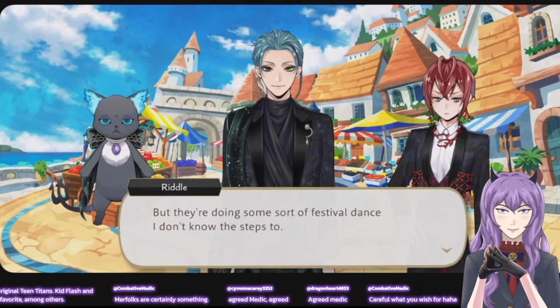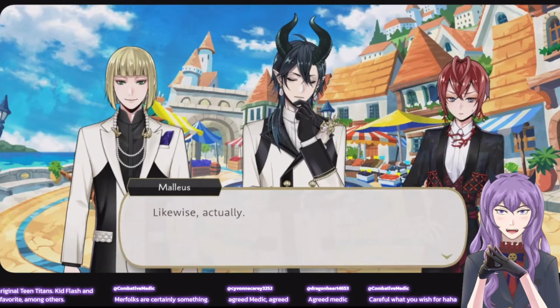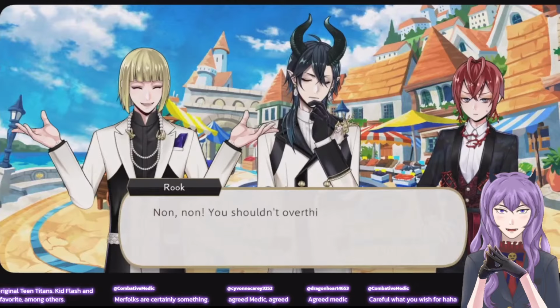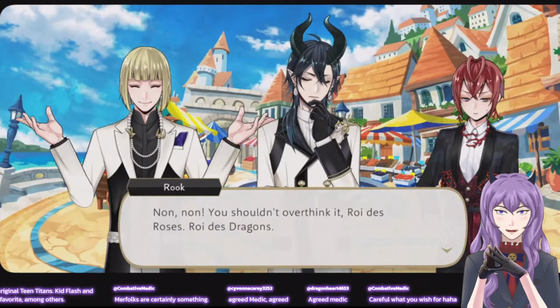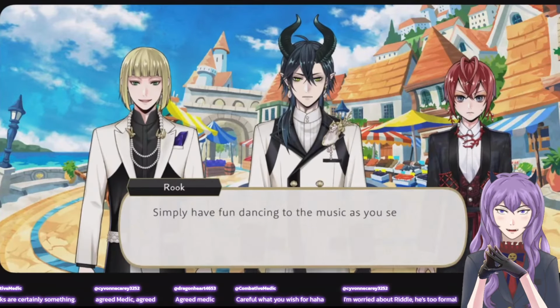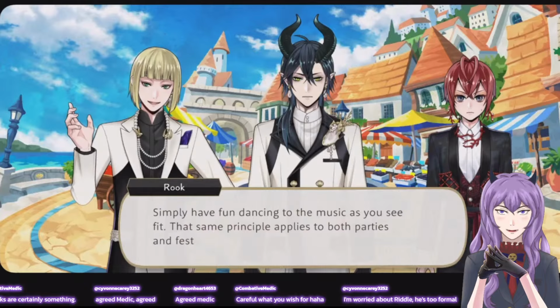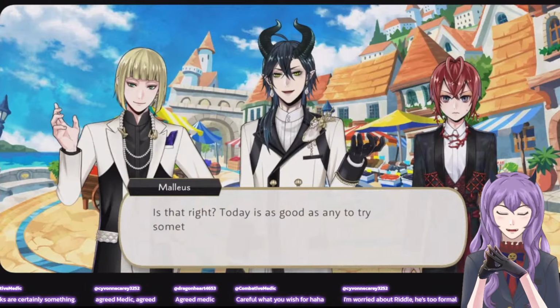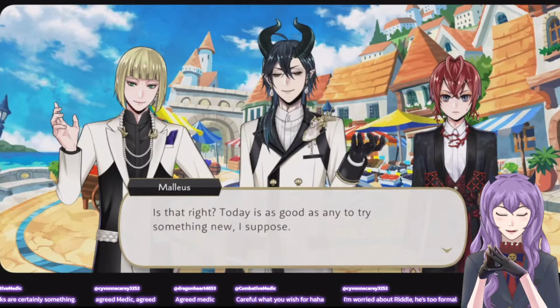Yeah, Riddle's got a more structured thing. Go, Malleus, start dancing.